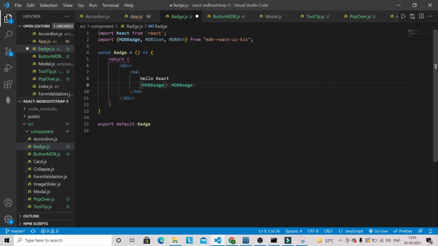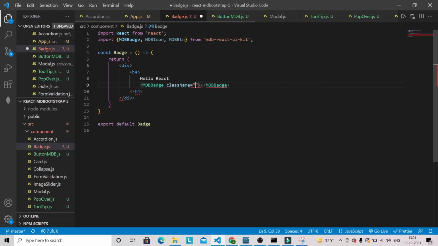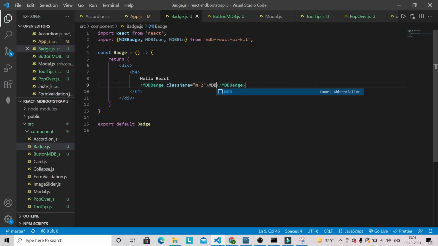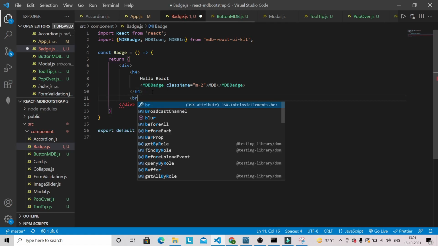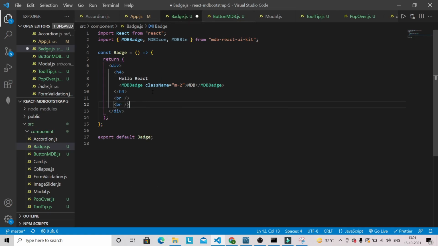So I am not going to specify any color, and we can use one class name m-2, and then we can give here like MDB, okay. And after that let's have a break couple of, okay, and let's see whether this badge is working or not.